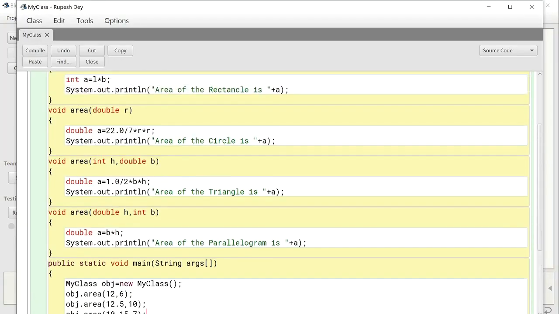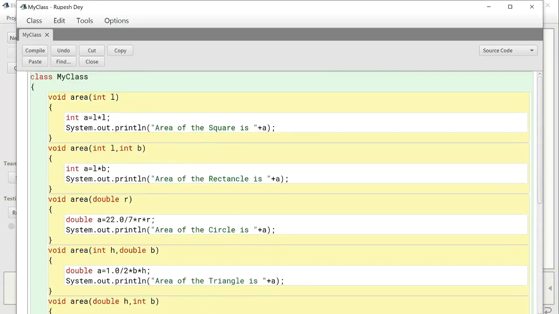Okay. So this is function overloading. See here, in one class I have declared and defined multiple area functions with different number, type and sequence of parameters. Each of these area functions uses a different function signature. Means the functions are different from each other in number of parameters, sequence of parameters and type of parameters. So this process of defining more than one function with the same name and different function signatures in one class is called function overloading, and these functions are called overloaded functions.